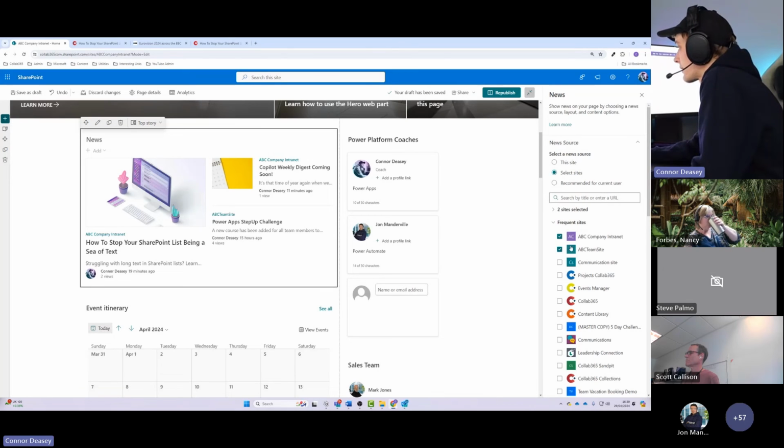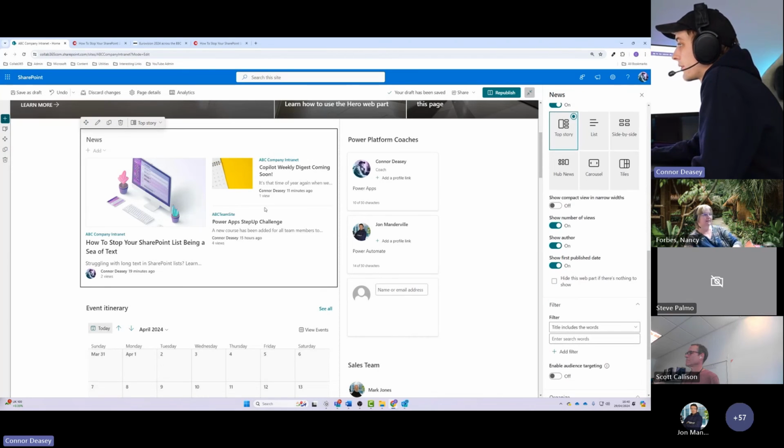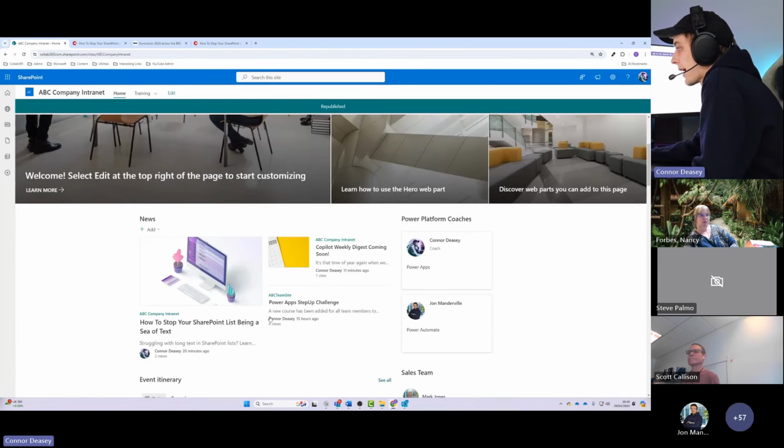So you can see now I've added those two. We can see now that we have that article also appearing here. Again, it doesn't have an image, which is fine, but we can still see it under our ABC team site. But now this is available to view from this news web part. So I'm going to go ahead and click republish, and we're going to go ahead and